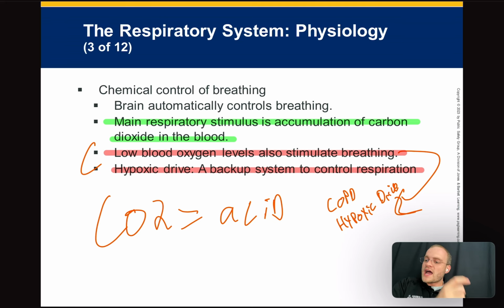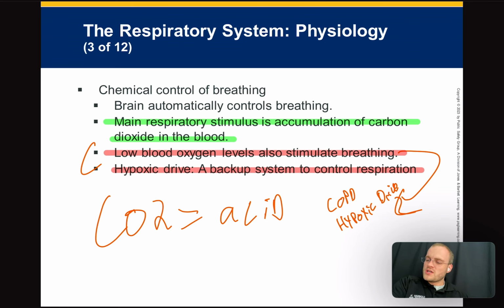What's hypoxia? Hypo, low, oxygen, right? So low oxygen drive. That's called hypoxic drive. Why is this clinically relevant? Because there used to be a theory, although it's not true for EMS, that if you give a patient who's living on hypoxic drive, who probably has chronic obstructive pulmonary disease, smokes cigarettes, a bunch